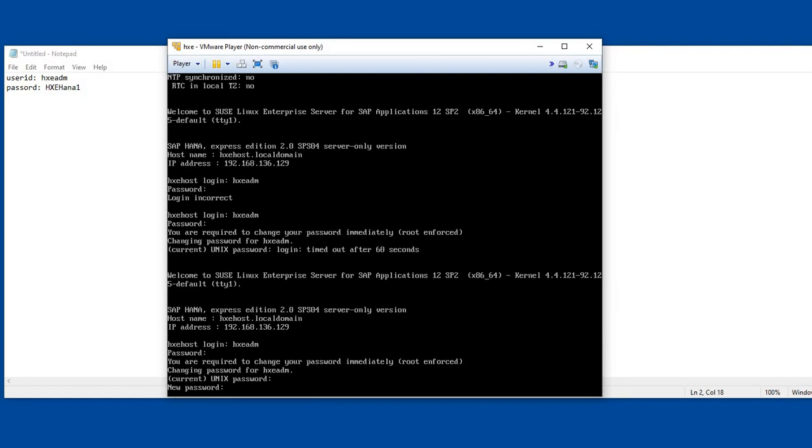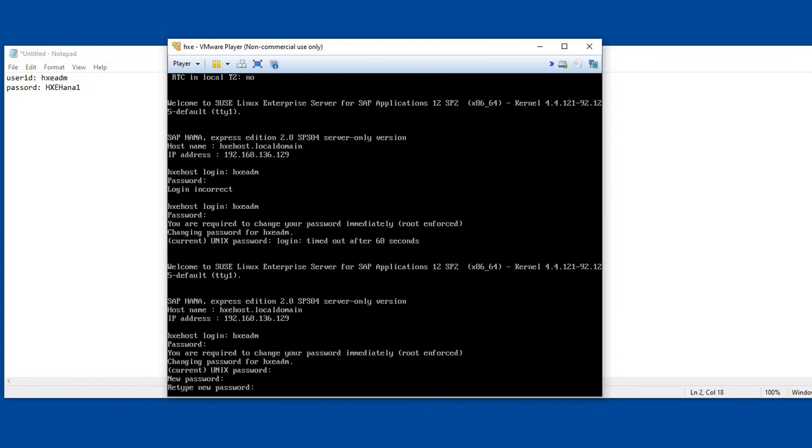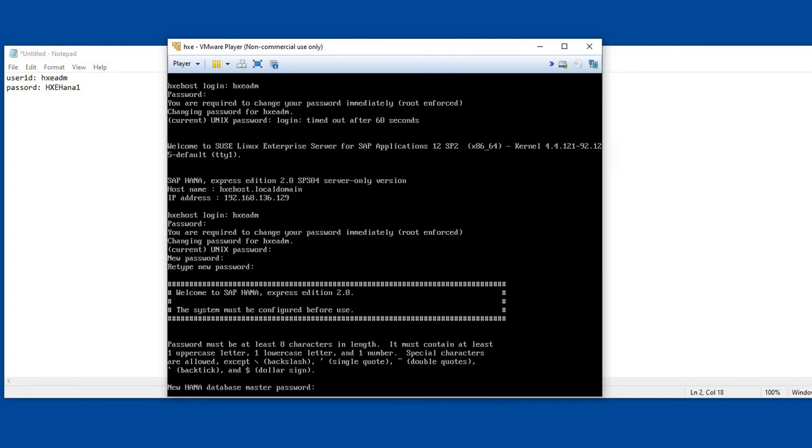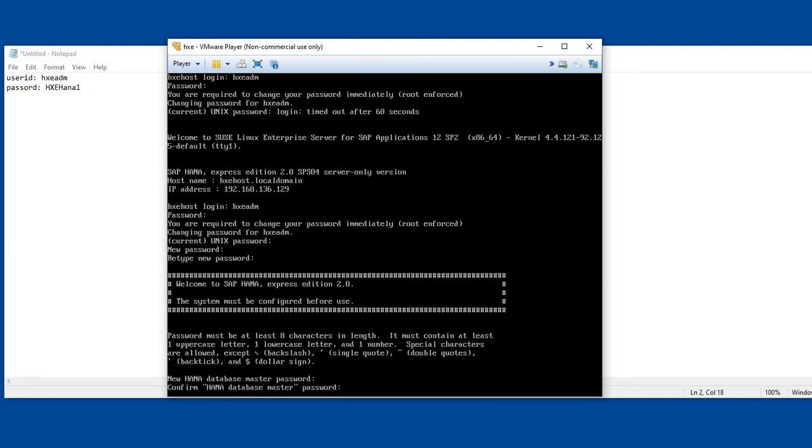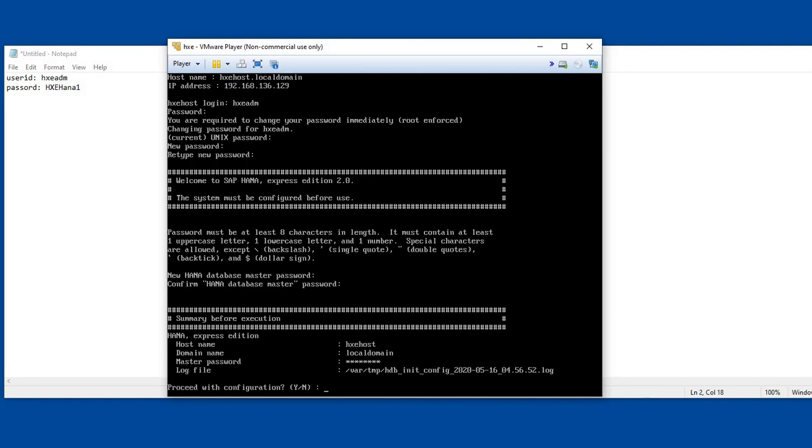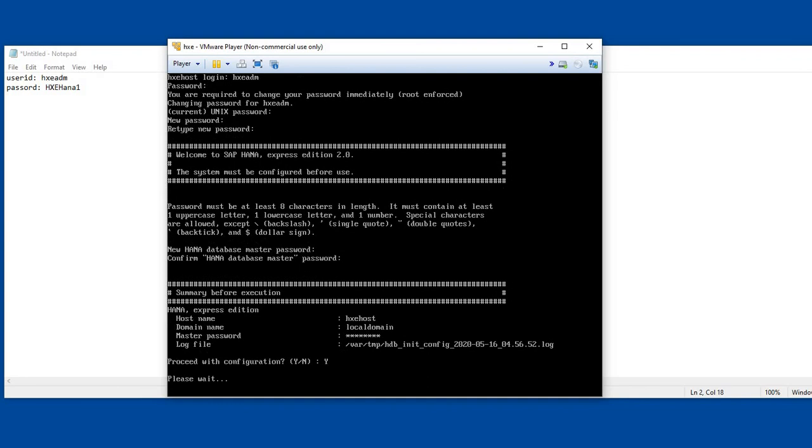Enter a new password. I'll change the password. It will prompt you to change the database password. Proceed with the configuration. Yes.